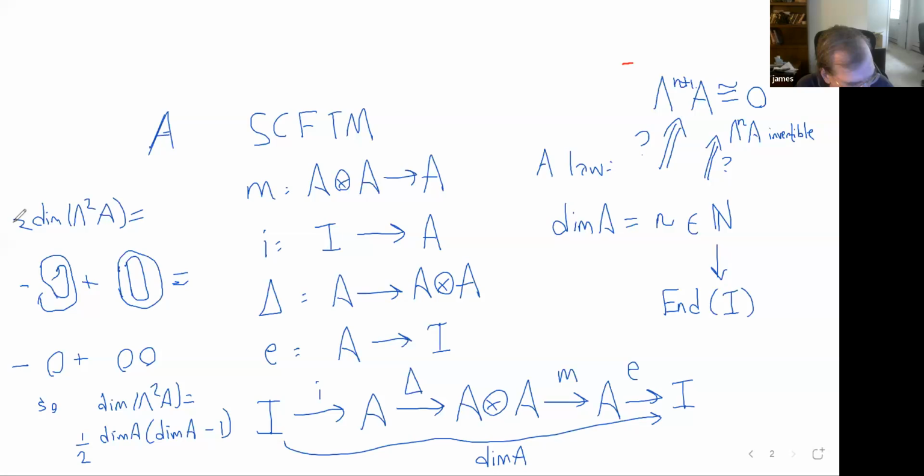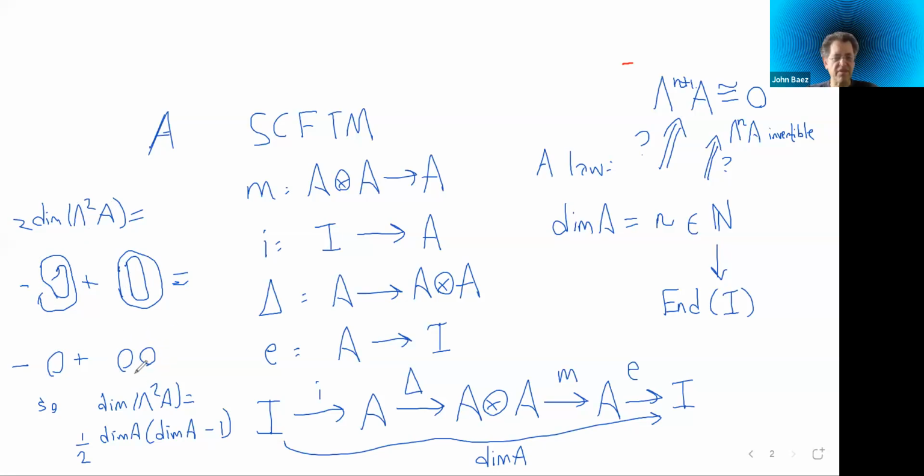That divided by 2 is anti-symmetrization. So 2 times the dimension of lambda squared A is equal to this thing. The first term has a single bubble, the second has 2 bubbles. And so that means that the dimension of lambda squared of A is the dimension of A tensor A